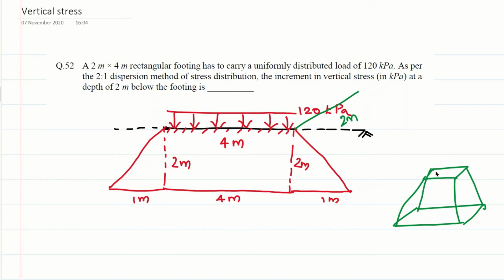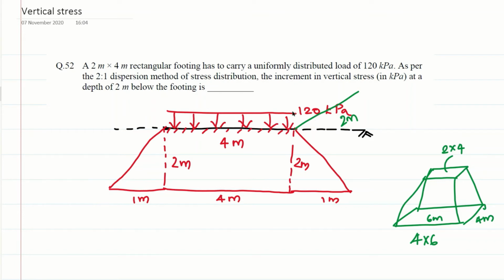Okay. So here it is acting for a 2 by 4 meter area, whereas here this load distribution has happened over an area of 4 by 6 meters, because this way plus 2 1 plus 1 2 meters, and also this way 1 plus 1 2 meters. So this way it's 6 meter, whereas this way it is 4 meter. Okay. So how much is the load actually acting over here?